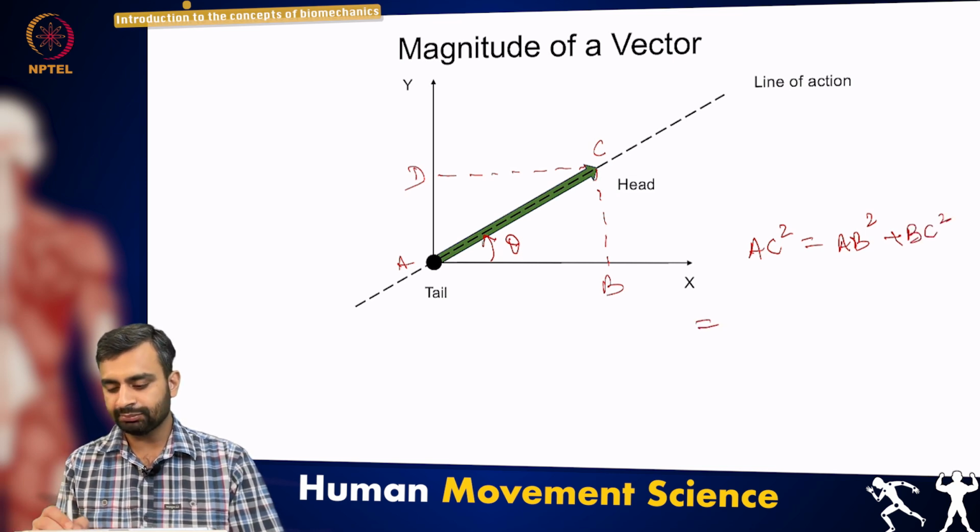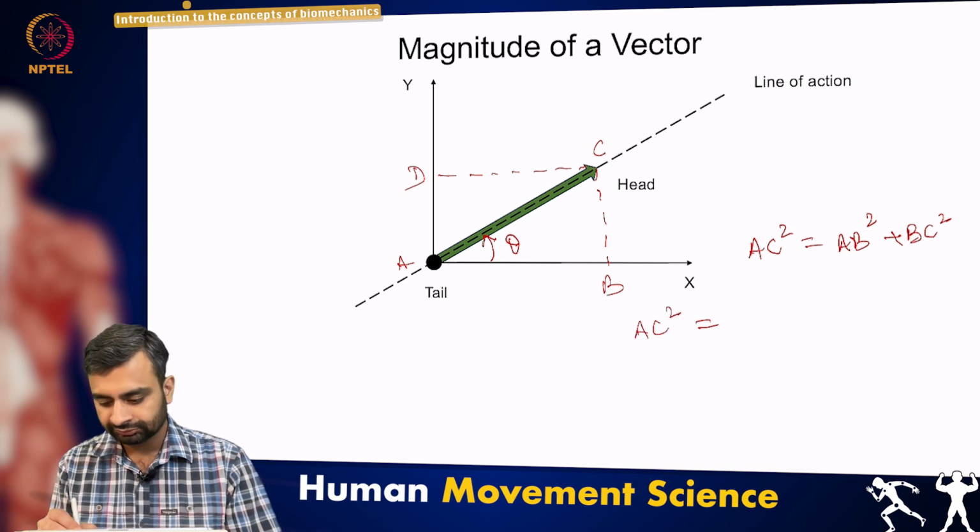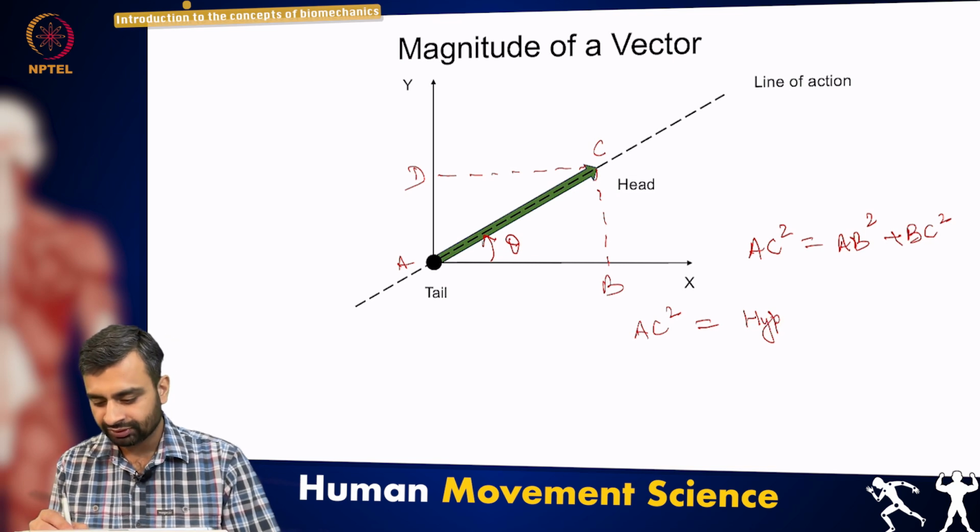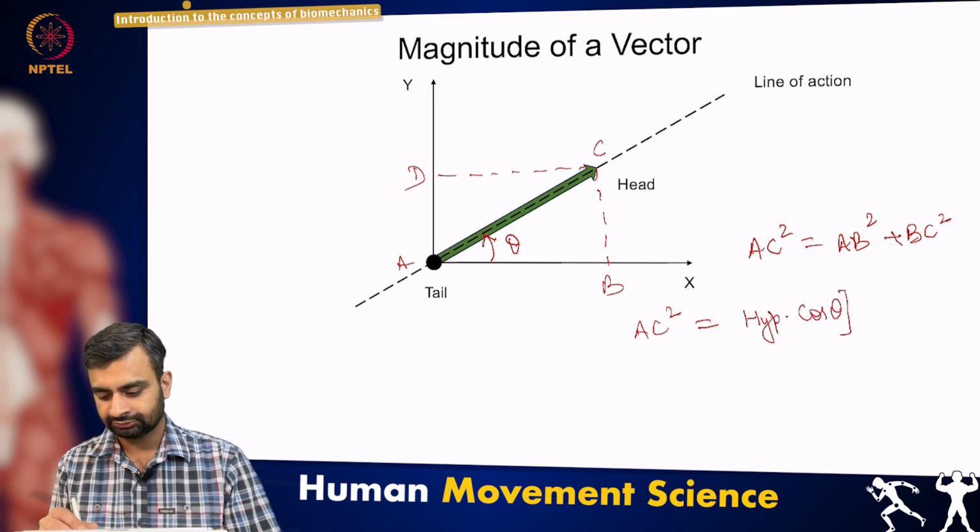So AC square is nothing but, because hypotenuse is hypotenuse times cos theta whole square